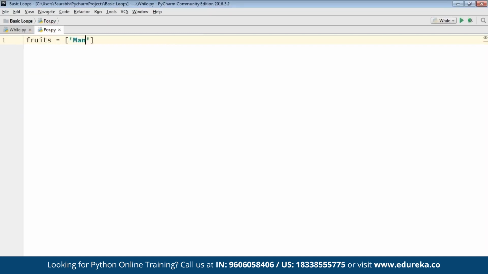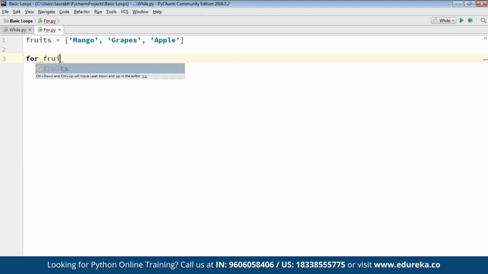I'll first type in mango, then I like grapes, and finally I'm going to write apple. Yep. So this is my list which contains 3 fruits, mango, grapes and apple. Now I'm going to define a for loop, and over here I'll define a variable, say fruit. For fruit in fruits, give a colon,